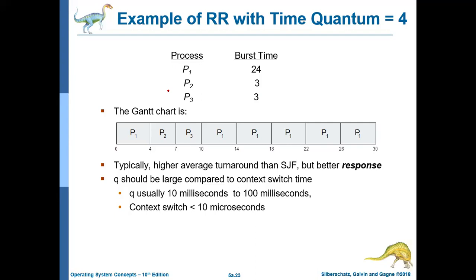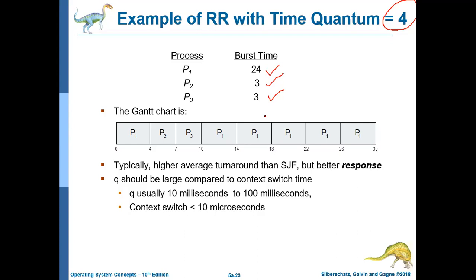Suppose there are three different processes, P1, P2 and P3. There is no arrival time, so all have arrived at the same time, that is time 0. The order of arrival is the same, P1, P2 and P3. Their burst times, or execution times, are 24, 3 and 3. Here we are discussing the same with a time quantum of 4. So we are giving 4 units of time to every process, then we will change the process to a new process.